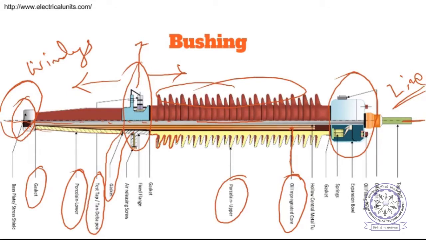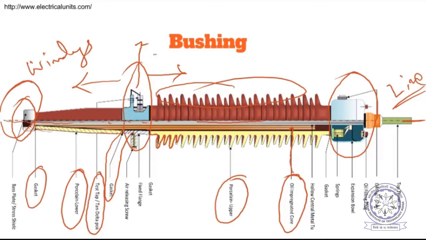So when a high voltage lead is going out through a hole in the transformer tank, and if the transformer tank is at ground potential, then obviously at the place where it is coming out of the transformer there will be a high electric field, and most often breakdown can occur if you do not have a bushing type of structure, whatever is indicated here. So that is the purpose why a bushing is used, and the length of the bushing depends upon,